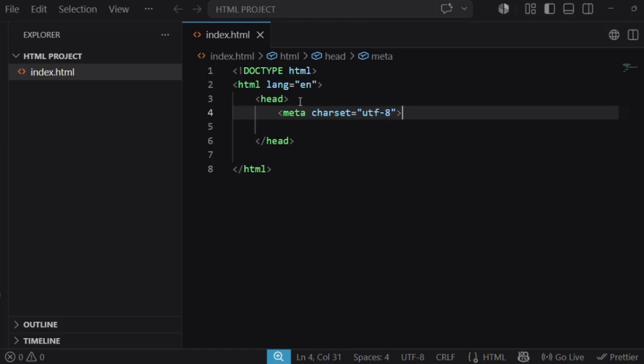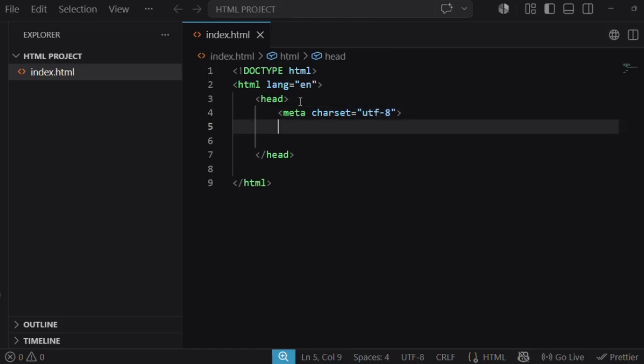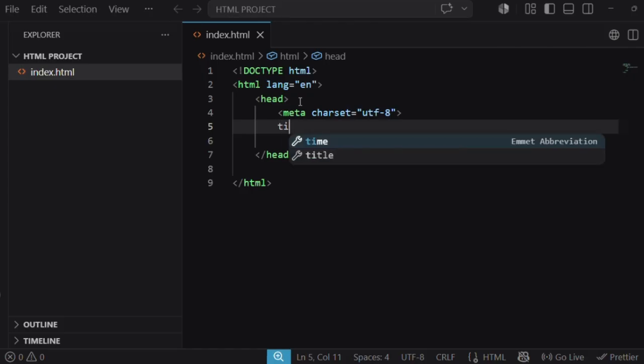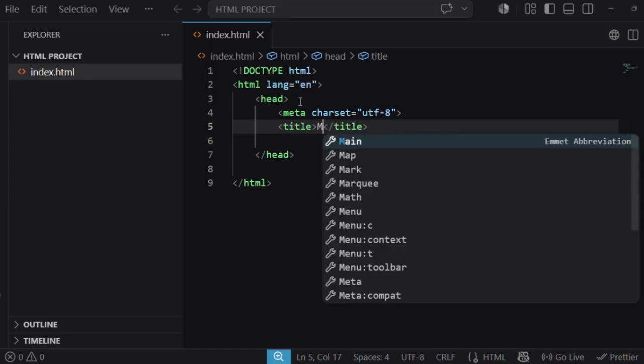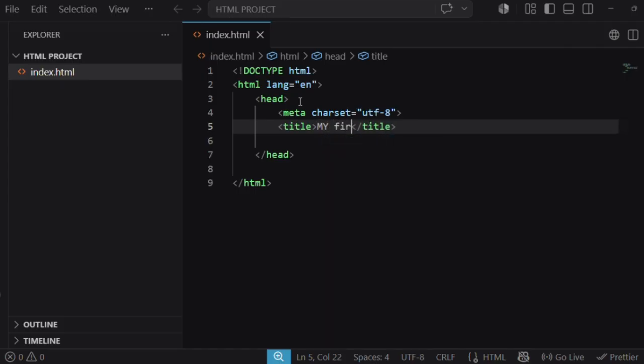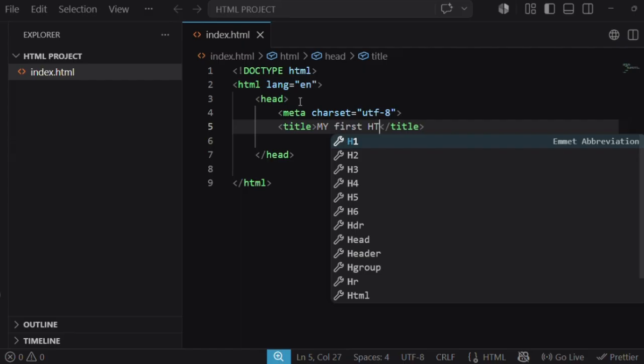From here, we are going to create our title. Everything is placed in the head, the title and the meta tag. You can't place it down here. The title has the opening and the closing tag. In case your IDE does not complete the tag, you'll just come here and add in My first